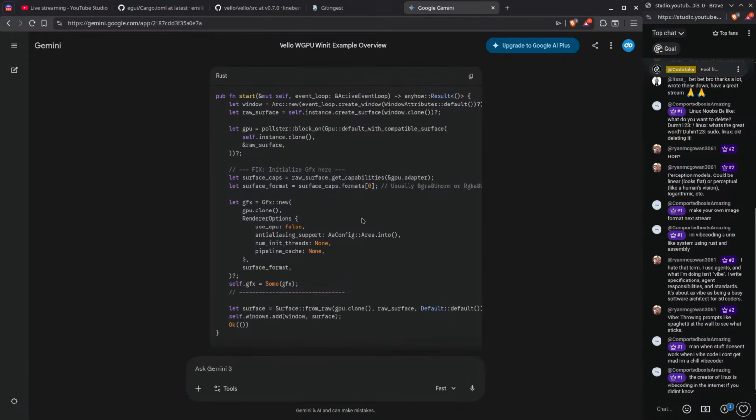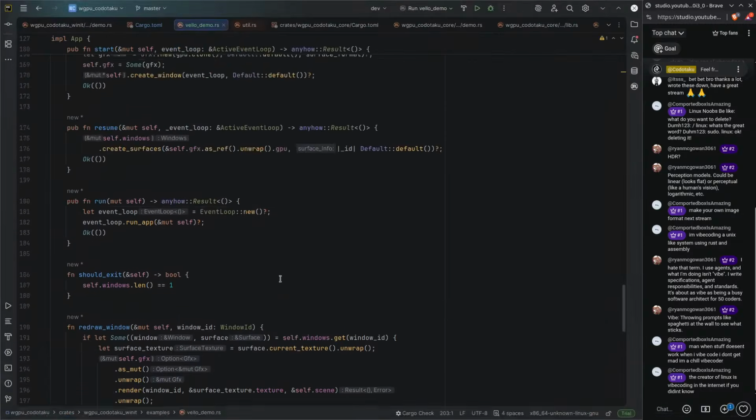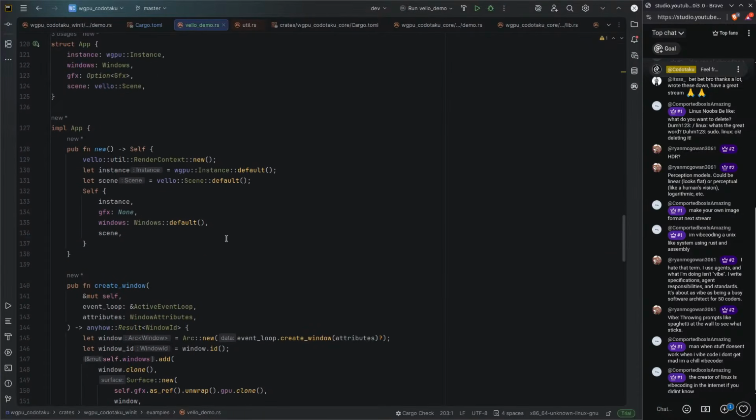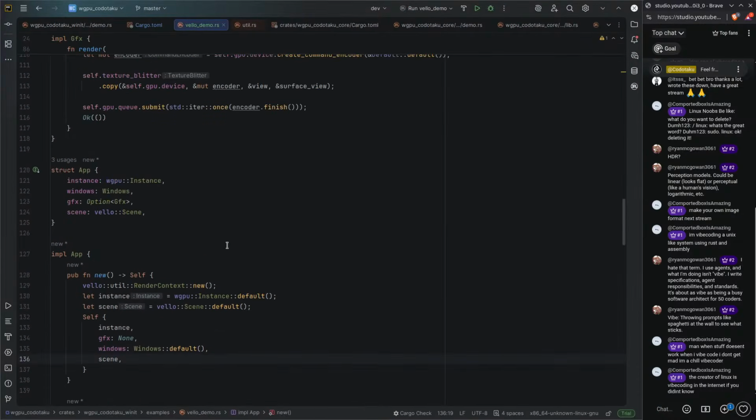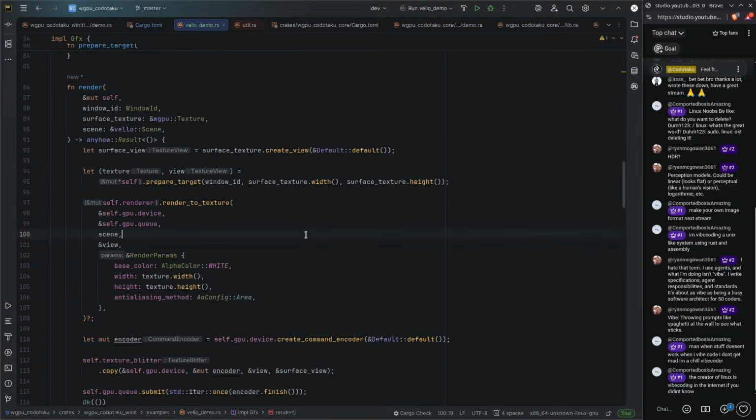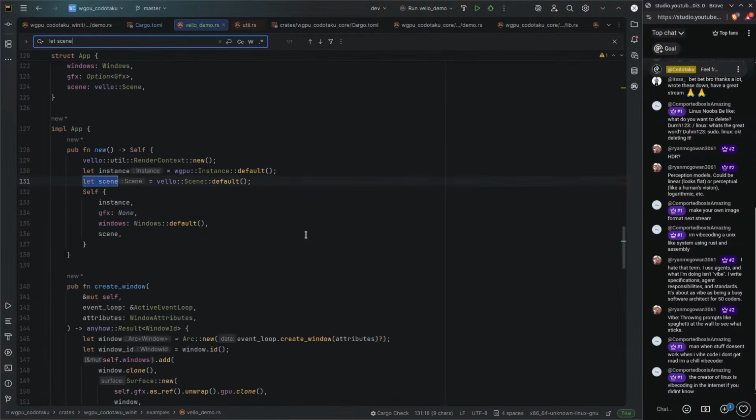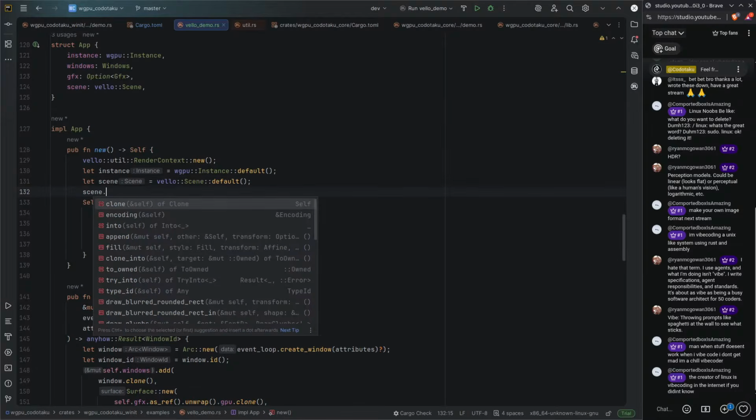I guess maybe every frame? Though we could probably just do it at the start of the frame maybe. Let's see. Let's figure it out. So we're gonna go to where we're creating the scene. There you go. And let's figure that out. So scene dot,